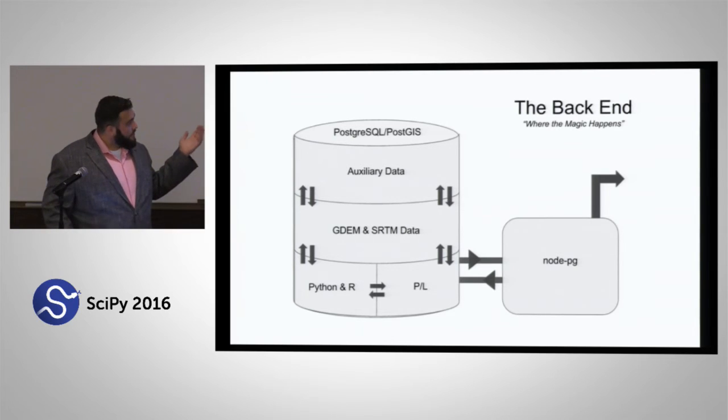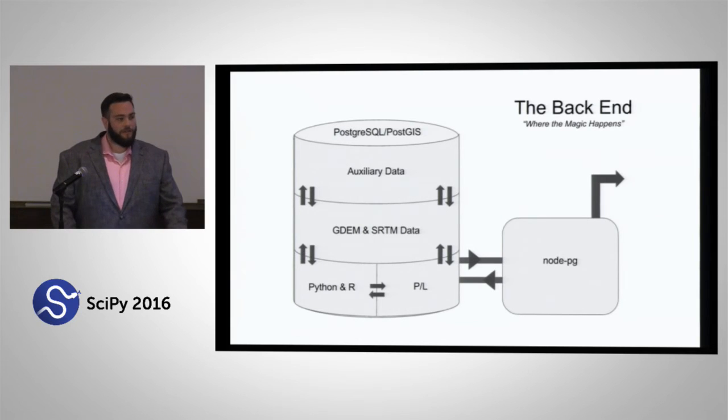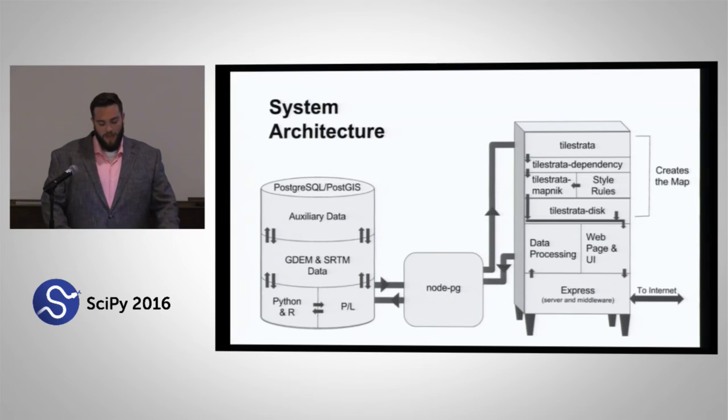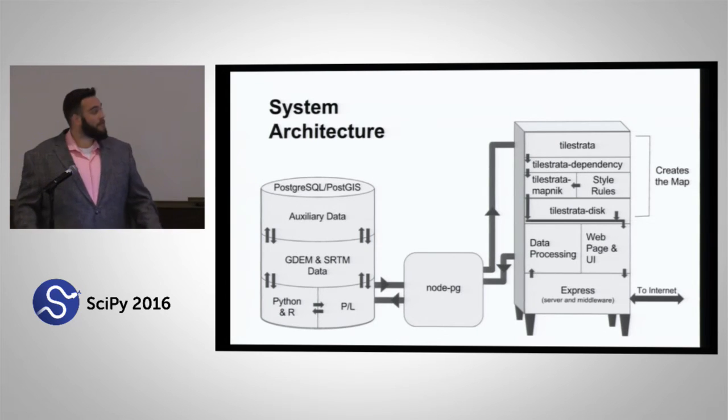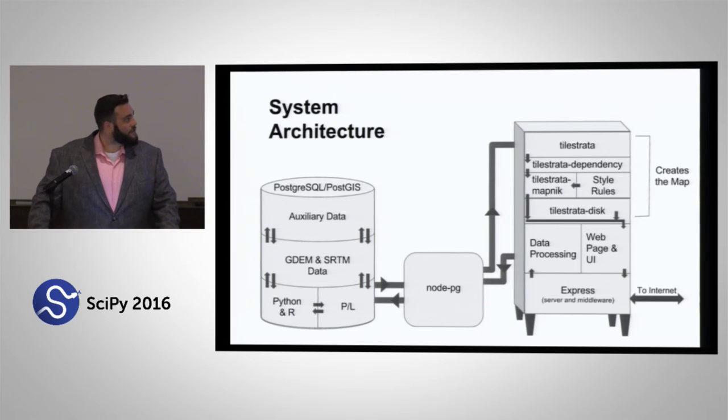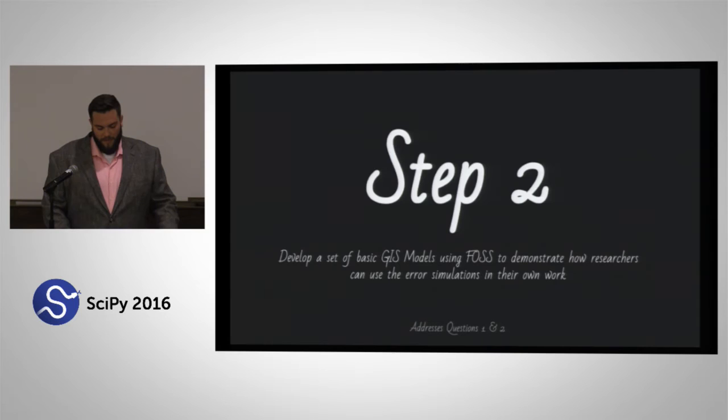And then we have all the data sitting in here along with our auxiliary data like MODIS and land cover characteristics that help us do the modeling itself. That fits together with my JavaScript front end, which is really a standard web map stack using Express and Leaflet. I guess the interesting stuff for us here at this conference is really the back end. So step 2 is